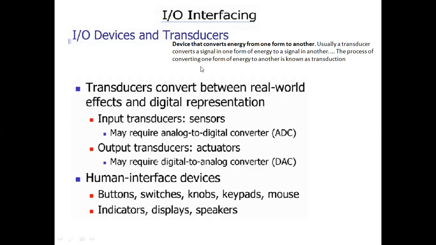For example, if you want to control the temperature of a room, the sensor will sense the temperature and convert it to electrical signals, in terms of digital signals. This digital signal will be given to the embedded system, where we have a small silicon chip inside. The electrical or digital signals sensed by the sensor will be given to the embedded system or the electronic chip.